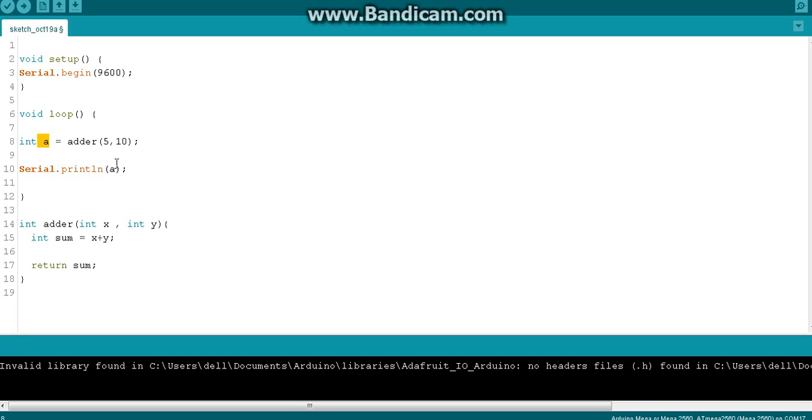15 will be assigned to a and nothing else will happen. So now I am doing whatever I want with the variable. I am printing the a, but if you want to do something else, you can. For example, if you want to switch on an LED at digital pin number 15, you can still do it, because a has the value 15. You can do whatever you want, but I am going to print the value. So I'll copy the code,